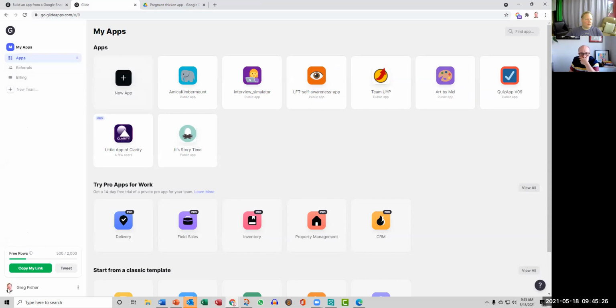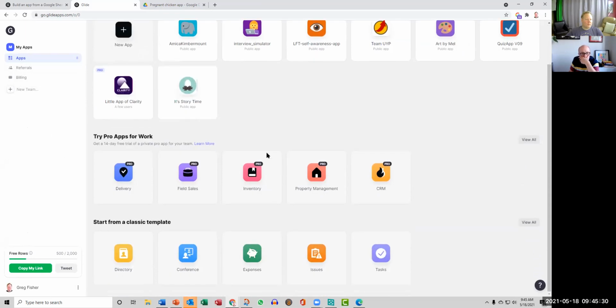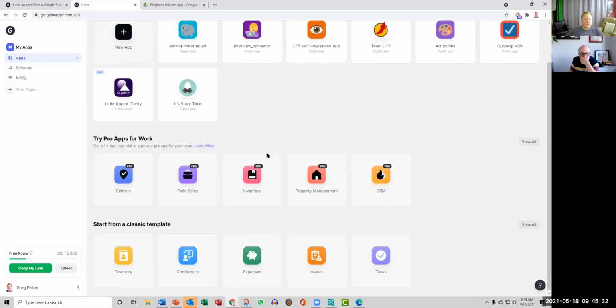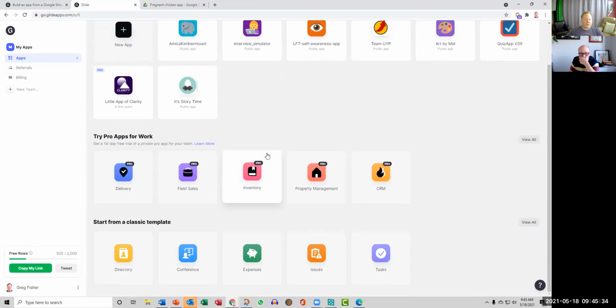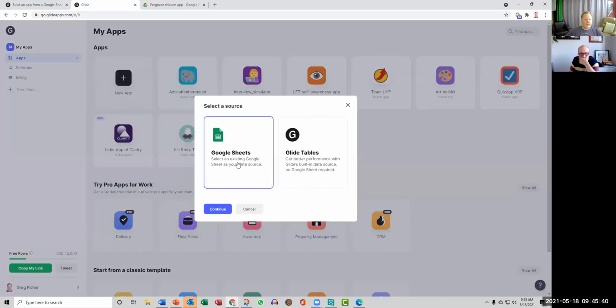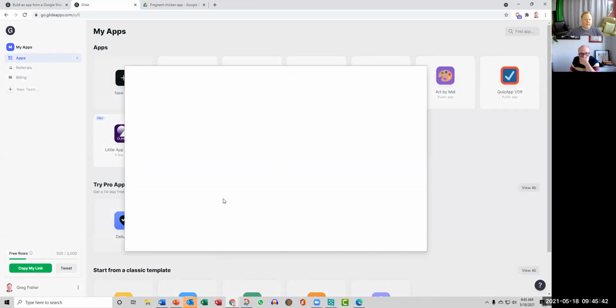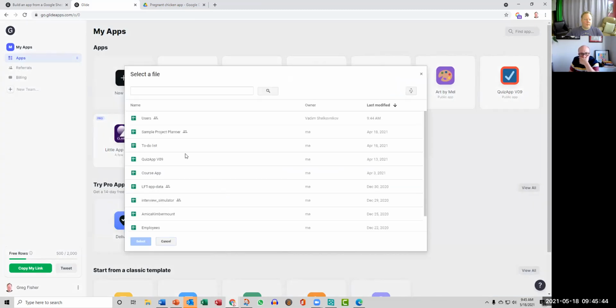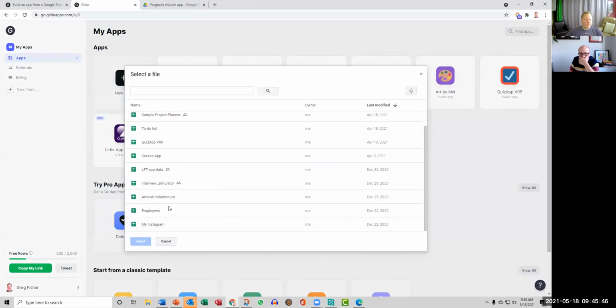No. And scroll down in the apps. Oh no, these are my apps. How did you connect that? Okay, let's try it again. New app, Google Sheets. How does it choose this? Okay. Well, let's just do